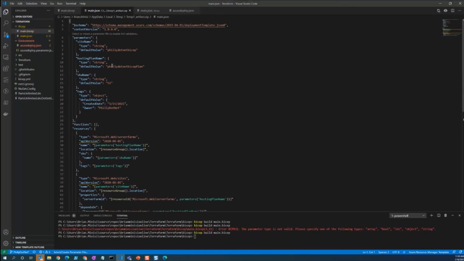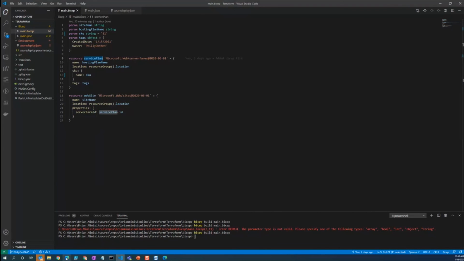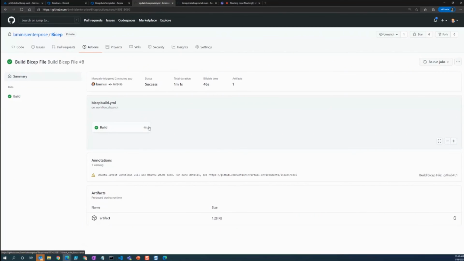So you can do this in Azure Pipelines, though it's more difficult right now in Azure Pipelines, whereas in GitHub it's very easy to do. So if we were going to deploy this in GitHub, we would just use that download task and then use an ARM deployment action within GitHub in order to deploy our ARM template to the environment that we need to deploy to.